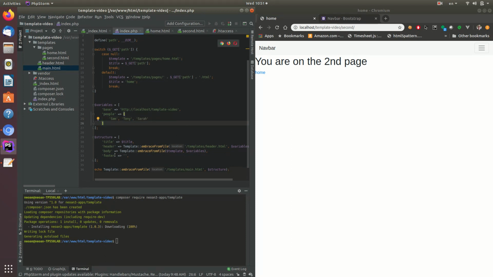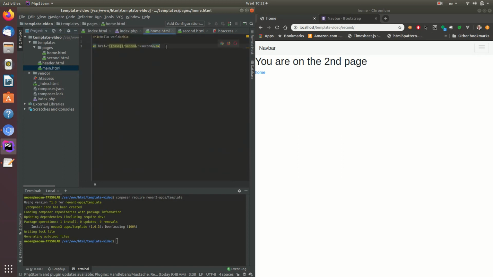So if I want to say, okay, I don't know what the database produces here, how many and so on, I can loop through that in the template. So let's say here I say, okay, and you might know this from JS frameworks, I'm going to say, for people as person,